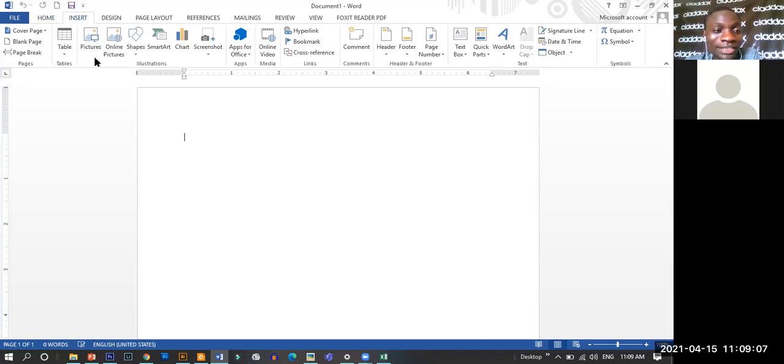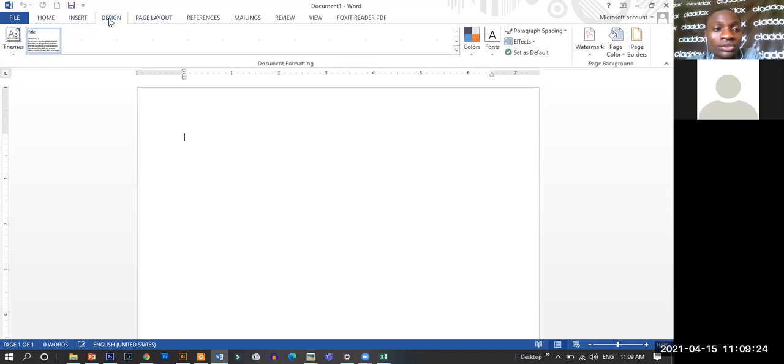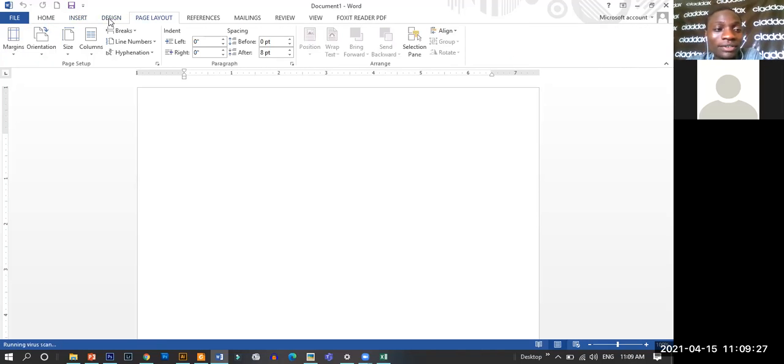We've seen how you can insert tables, insert images, how you can format your images, format your tables, format your shapes. And basically, those are the things you will need in Microsoft Word. The other ones are things you use not regularly, and for the sake of learning, let me just quickly show us what